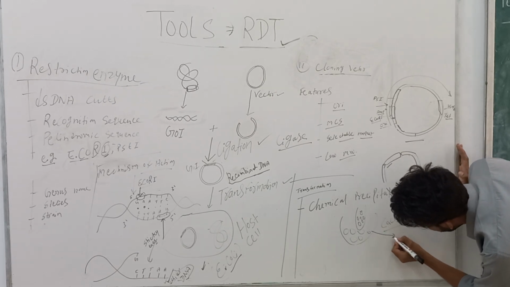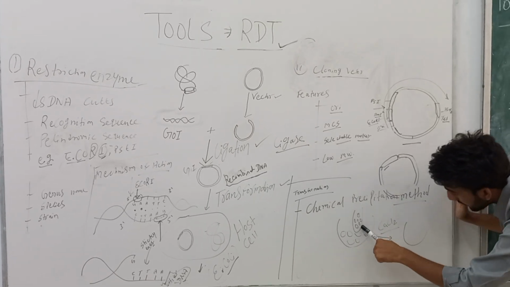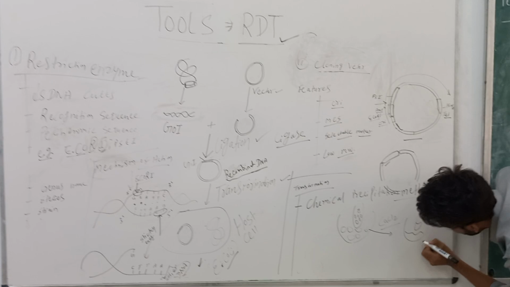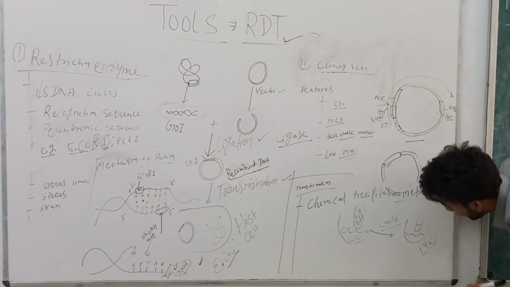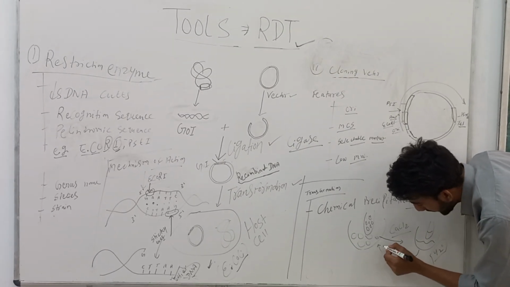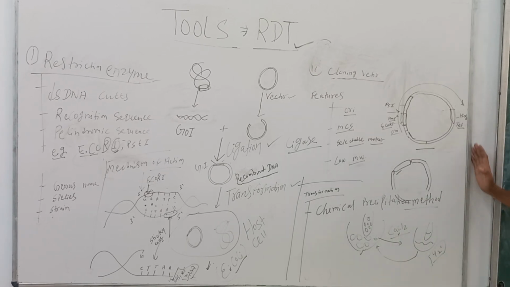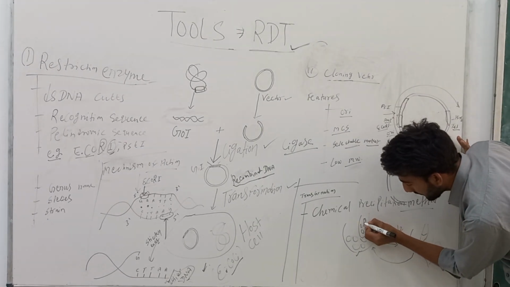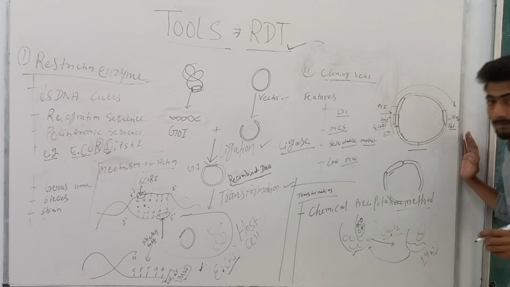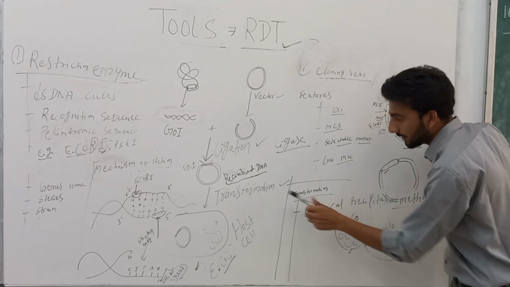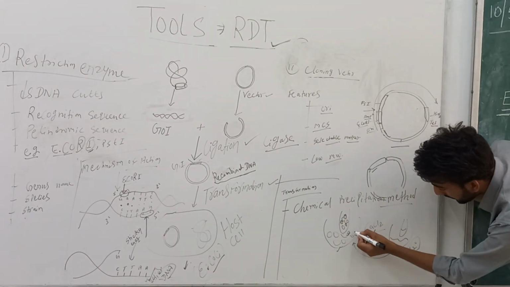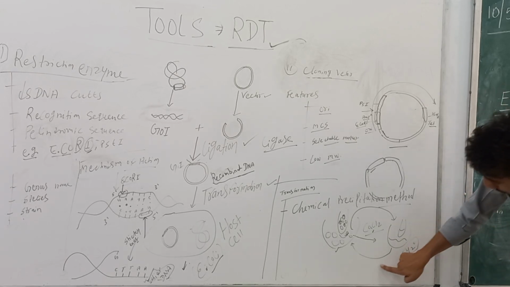So, we will transfer our incubated solution to 42 degree heat shock for a brief time. Then we will transfer it back into the ice chilled salt solution and it will precipitate the cells and facilitate the transformation of our recombinant DNA. How? Suppose we transfer our heat shocked mixture back into